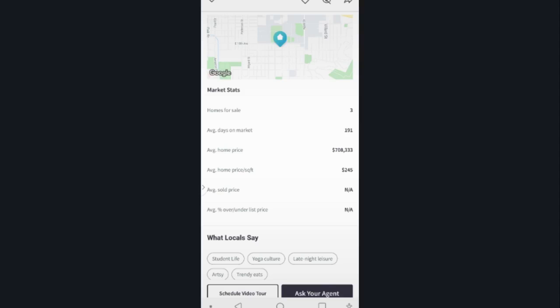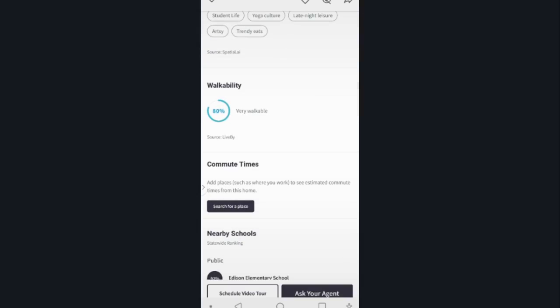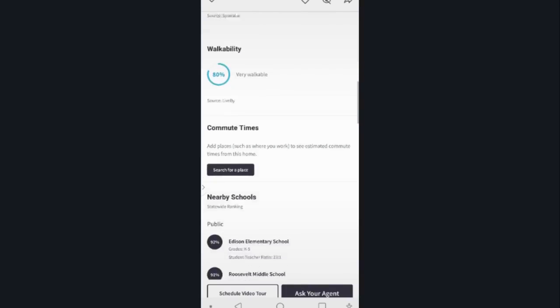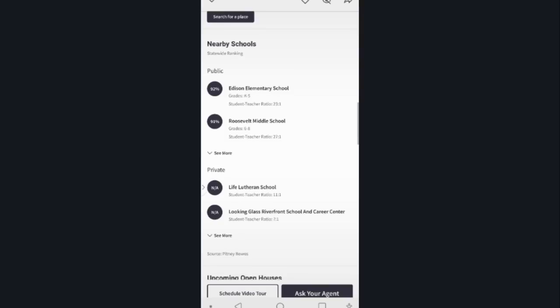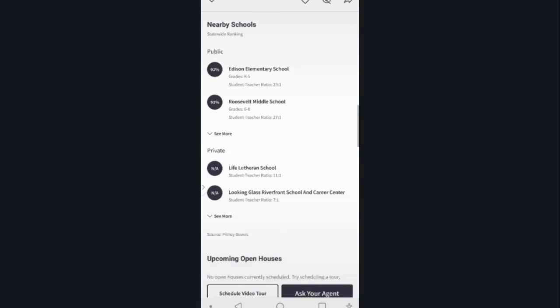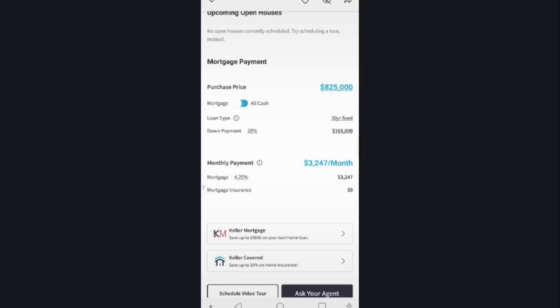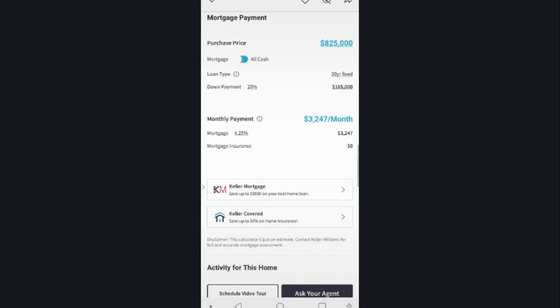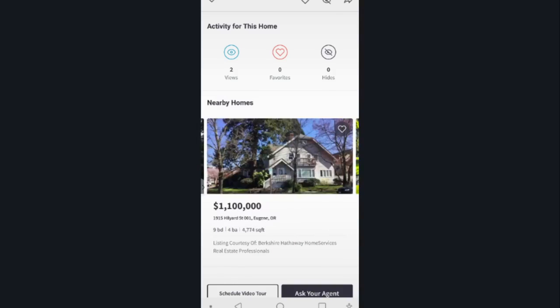Again, very similar to those listings that I showed you in Kelly. You have homes for sale in the area, 3. Average days on market, 191. Average home price. So it gives you all of this statistical information on that specific neighborhood. It's very walkable. And then here again, they give your clients that information on the schools as well as the churches and other locations as well. As we scroll down here, here's your nearby homes. Here's your comparables right here,